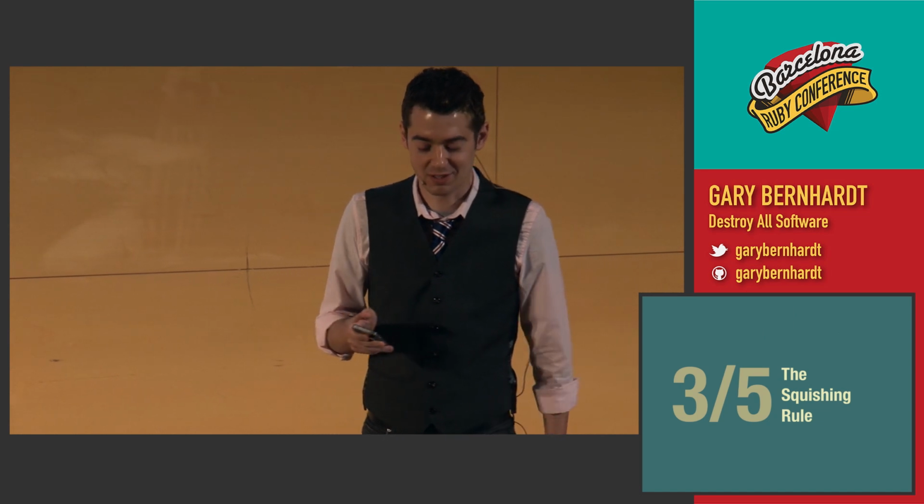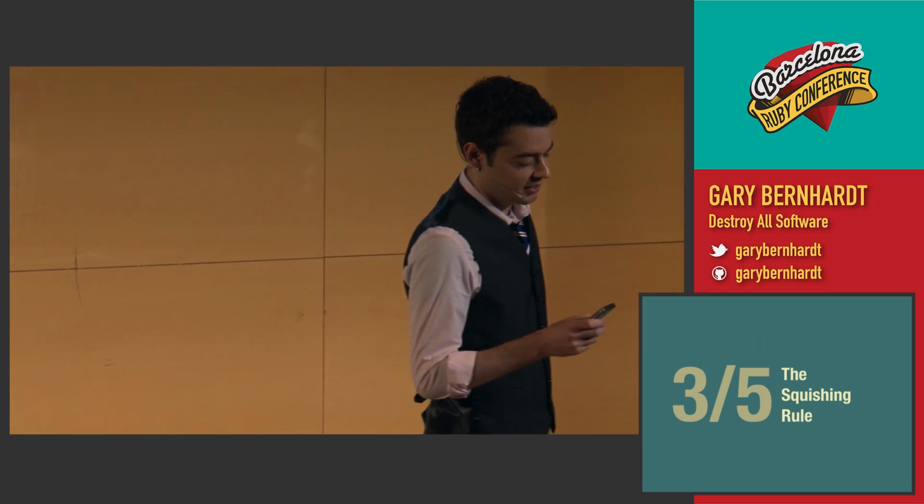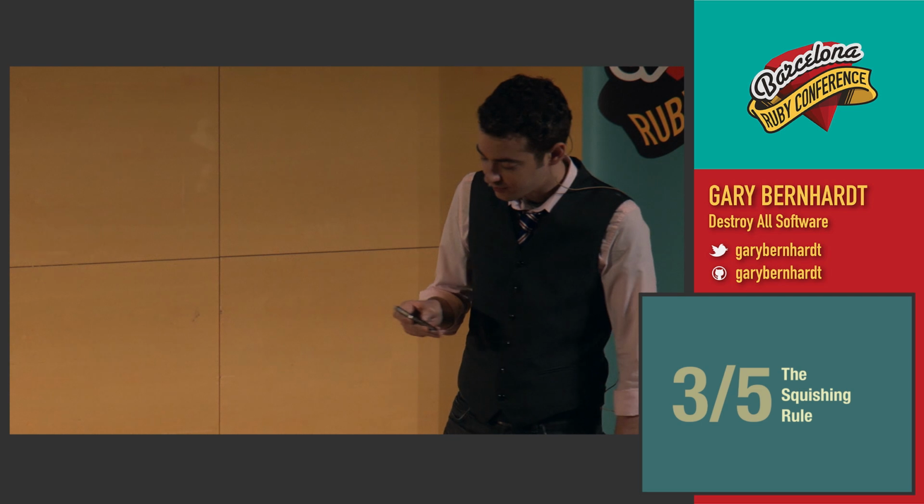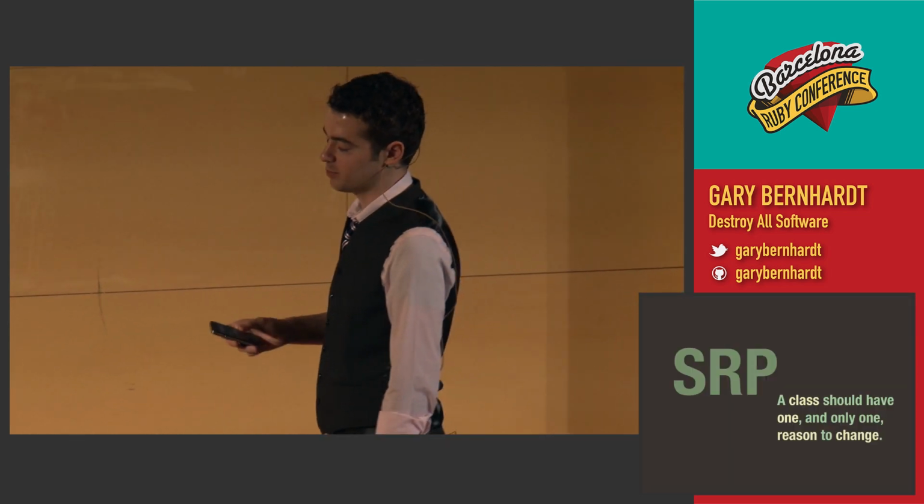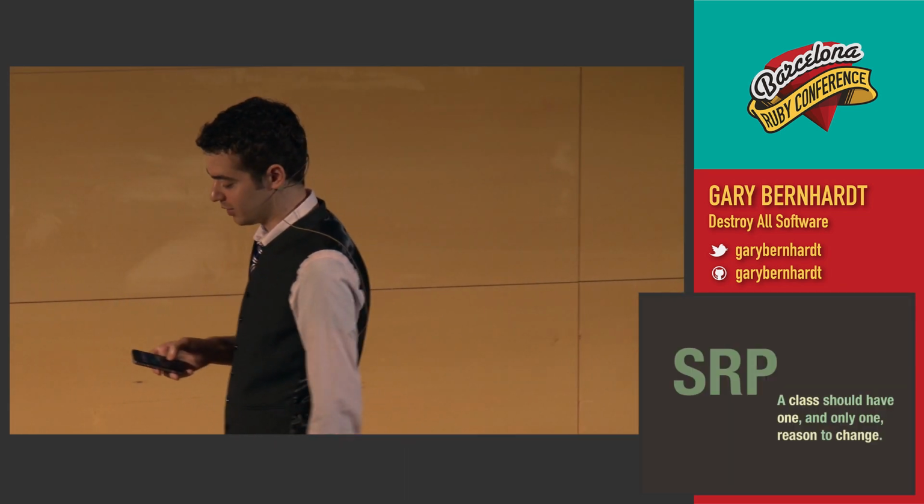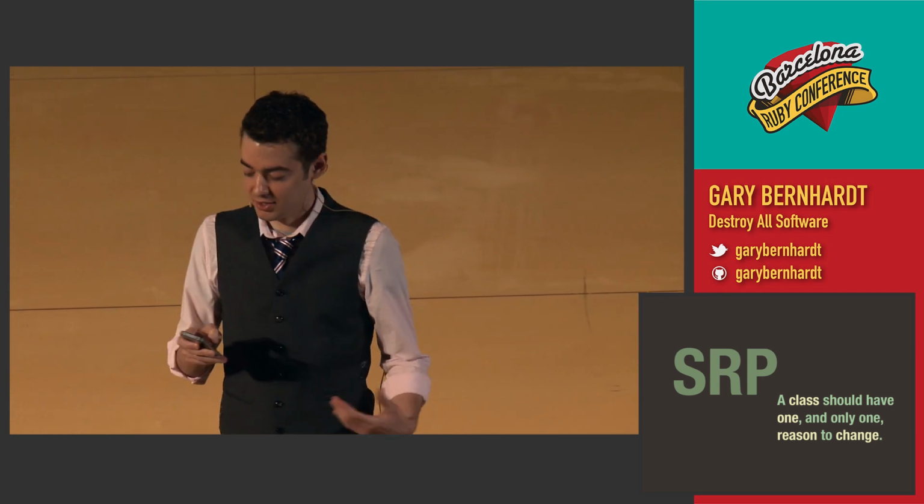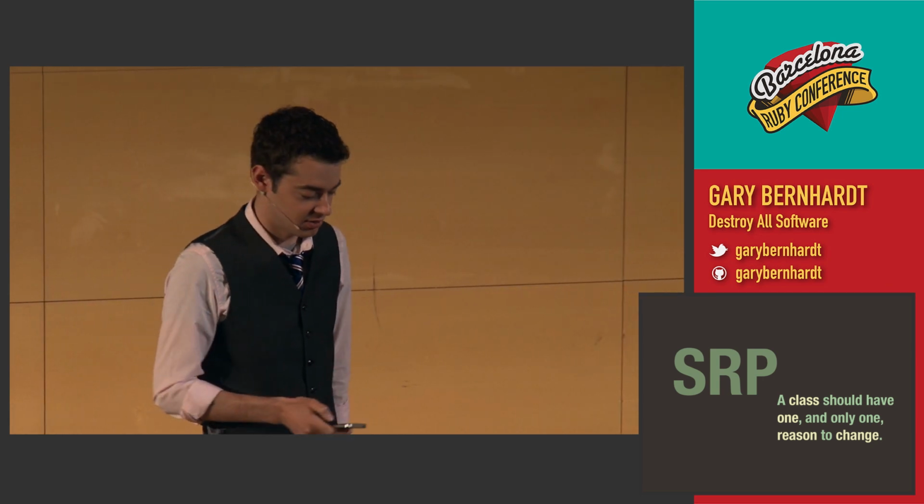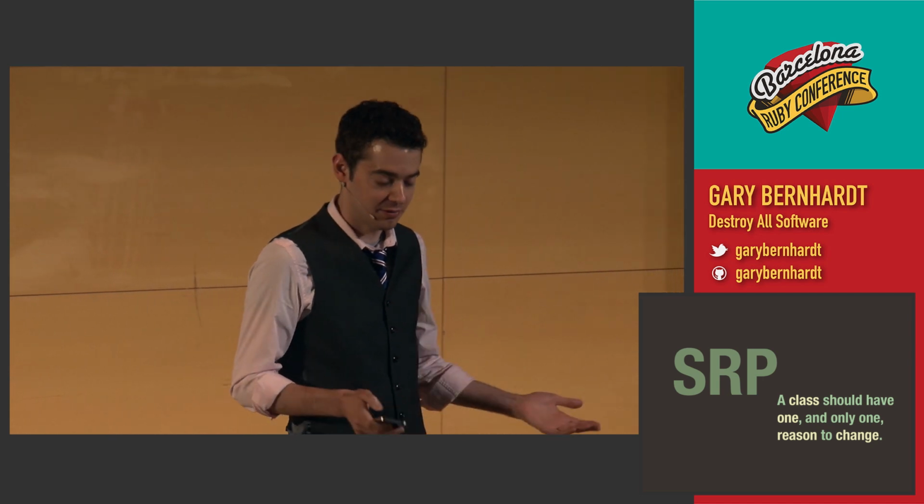Which, speaking of 1,000-line things, brings me to part 3, the squishing rule, which I'm going to motivate with everyone's favorite principle, the SRP, often quoted, rarely understood. A class should have one and only one reason to change. So I thought we would go through, very briefly, and look at the reasons to change that your typical Rails